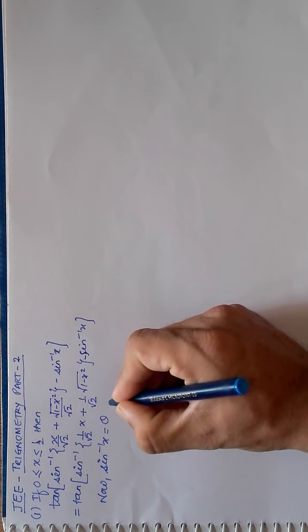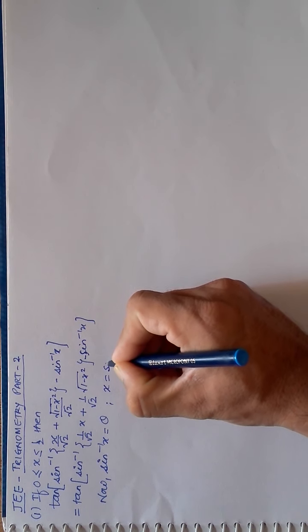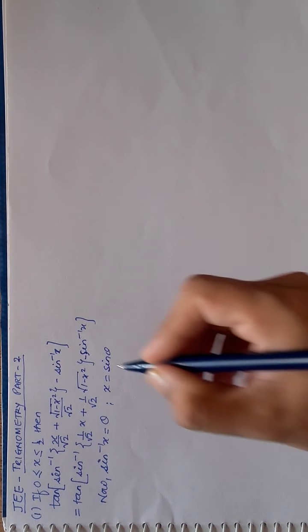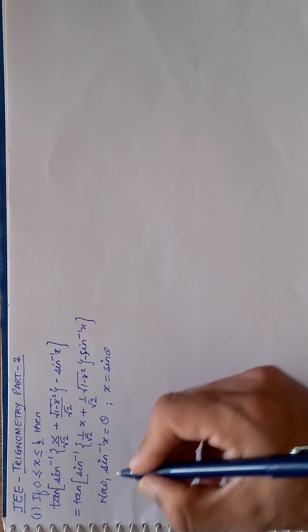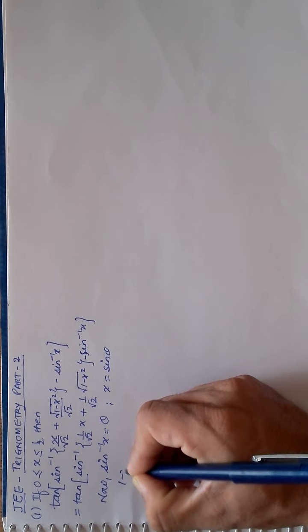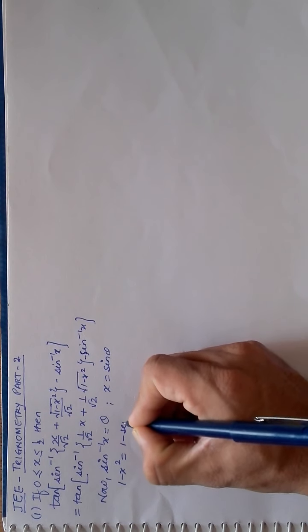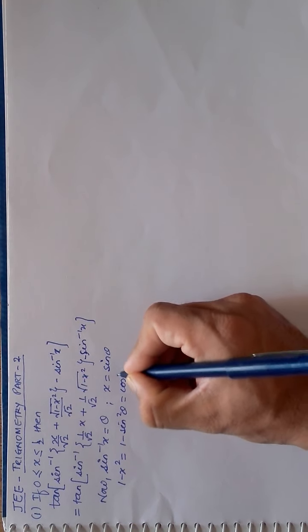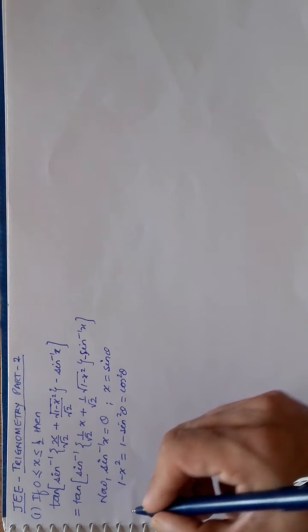So I am doing one thing. This will be obviously x is equal to sine theta. Means sine theta is your x. Agreed? So here if sine theta is x, then it will help me to get the value of this x, and also here x automatically became sine theta. Agreed? So 1 minus x square is equal to 1 minus sine square theta, which is nothing but cos square theta. Works out. So I will just fill in the blanks.